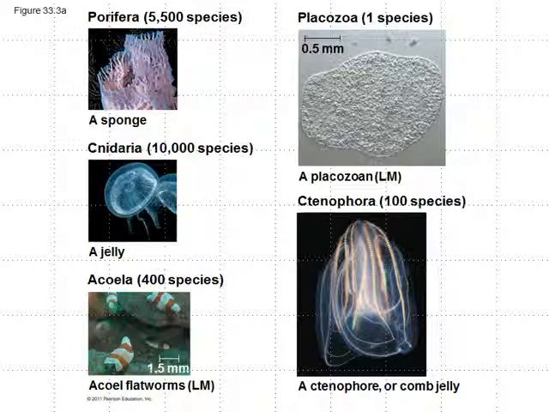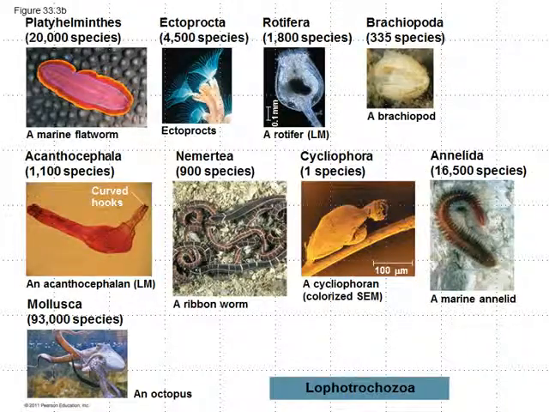So here we have everything from the most basic form, the porifera, which would be our sponges, to the cnidaria, which would be like a jellyfish, and then on down through other species as well. We're going to look at the flatworm. This is a beautiful marine flatworm, the platyhelminthes, the rotifera, which are pretty interesting. Some of these guys we're going to find are parasitic on other creatures. Like, for example, we could look at segmented worms like tapeworms, and we will look at some of those.